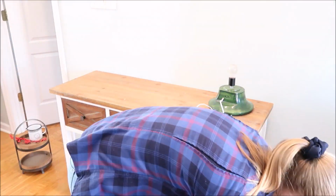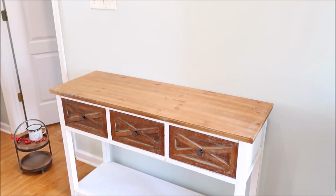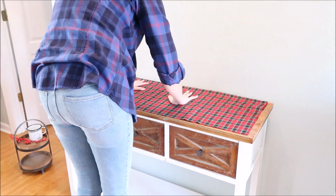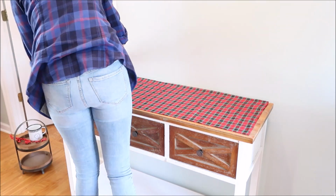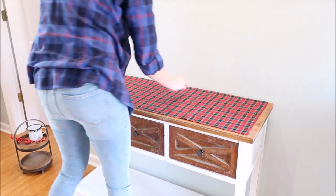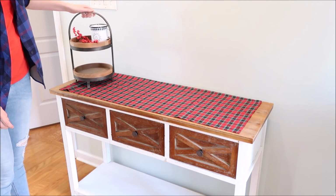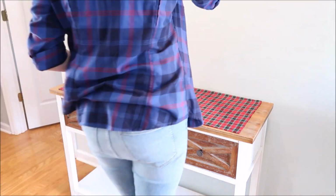Okay, now we're moving on to my entryway table, and I'm just using a few pieces. I'm going to lay down this plaid material. It's just a piece of material. It's not really a table runner, but I'm using it as a table runner. I think the plaid really goes well with the nutcrackers, and we'll get to my tier tray in a minute,